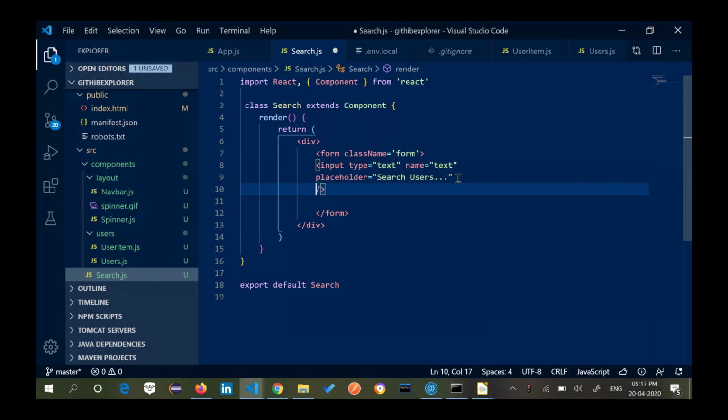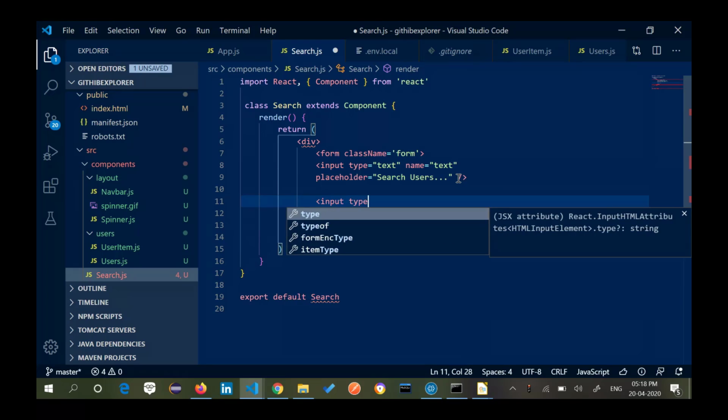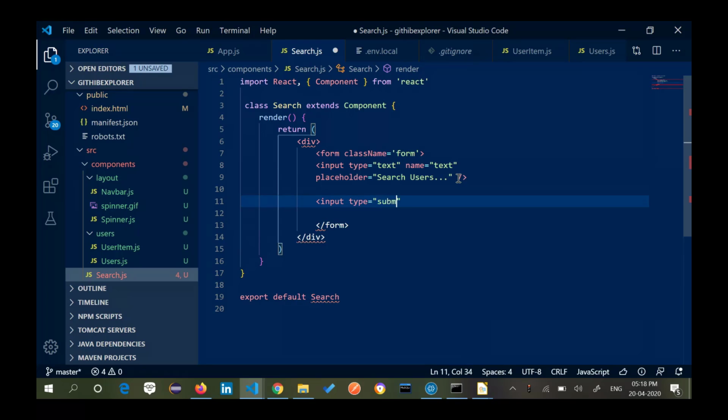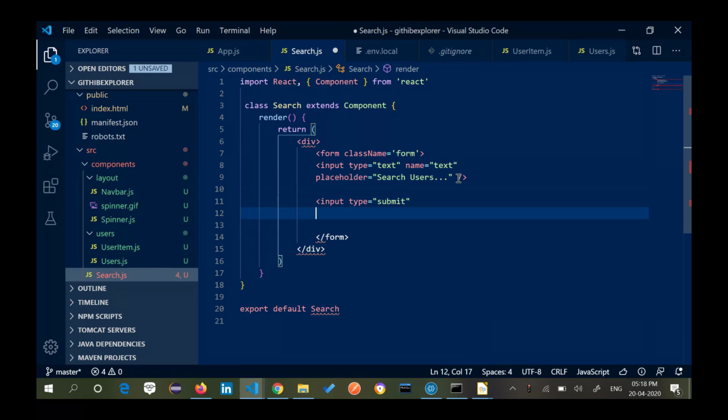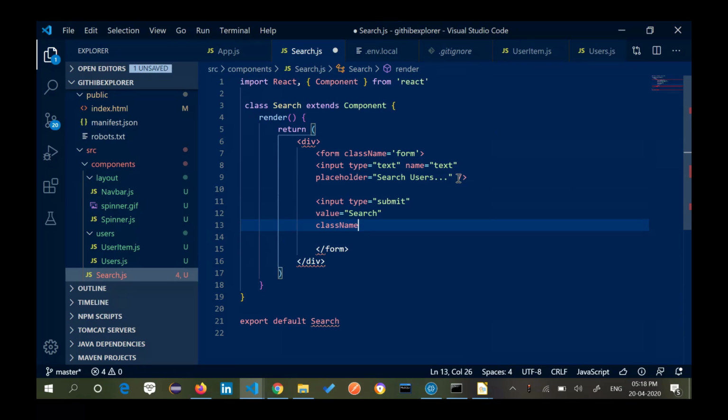The next thing I'll use is an input type is equal to submit, value is equal to search, and className is equal to btn btn-dark btn-block.